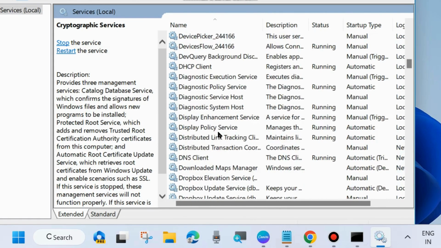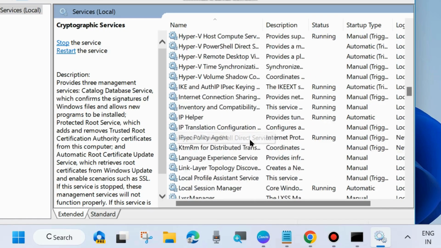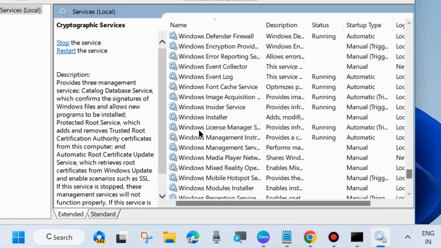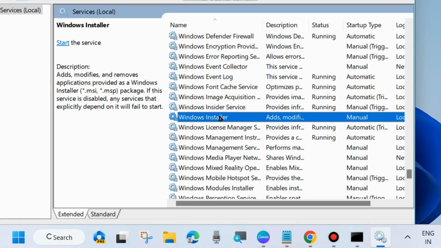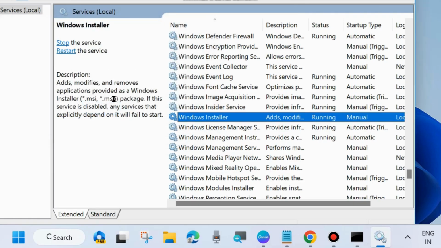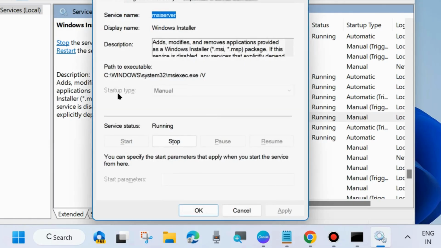The third service is Windows Installer service, so scroll down to the W alphabet and look for it. Same process, right click on it and choose start, otherwise restart, and double click on it to open its properties, but you can't change its startup type, so close the